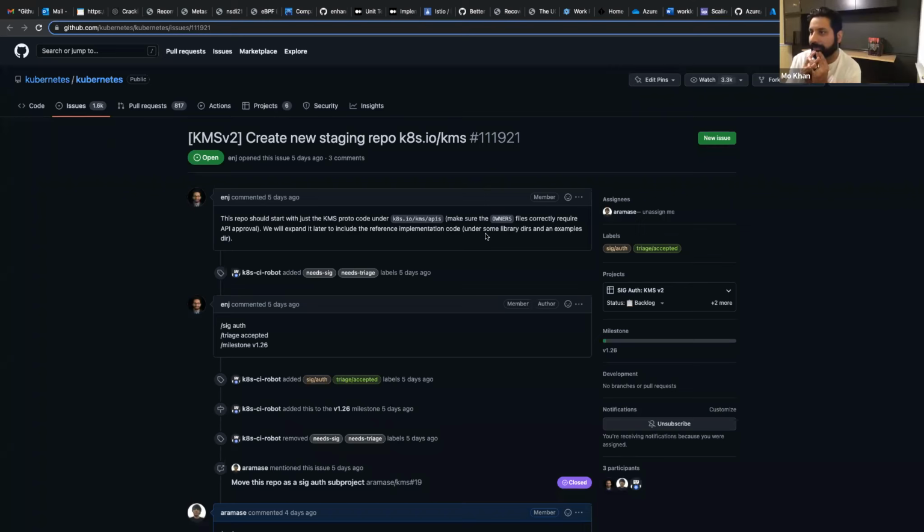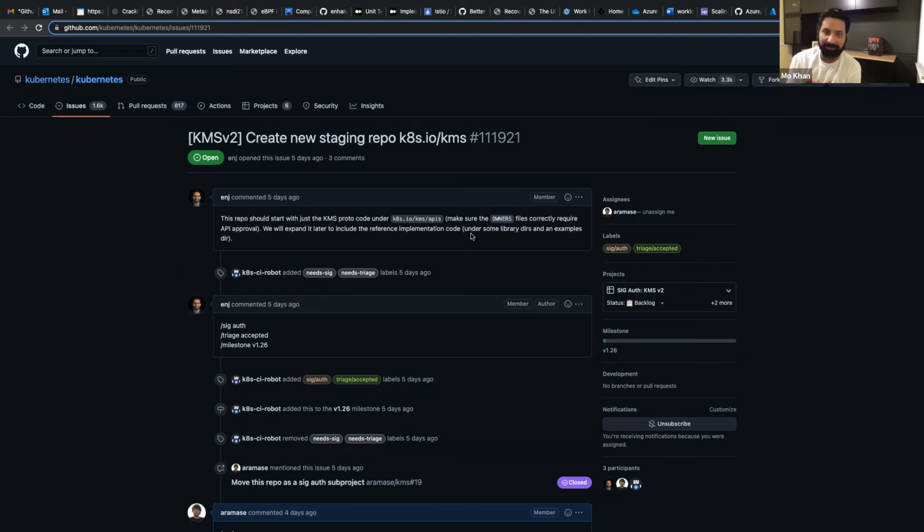Okay. For folks' context, we want to make a new staging repo for the KMS code, and we will move the proto and stuff in there so that if you want to import it, you don't have to import the entire world from Kubernetes land because that's silly.